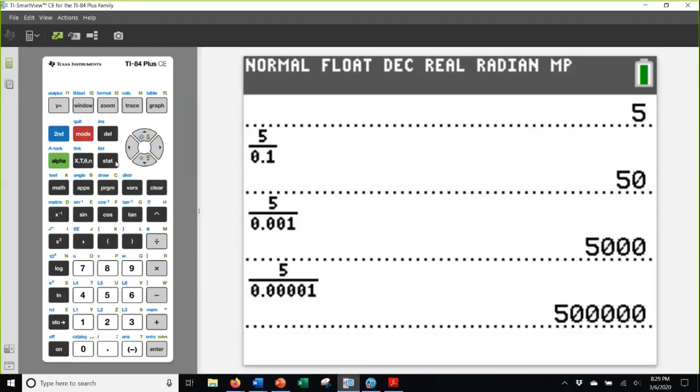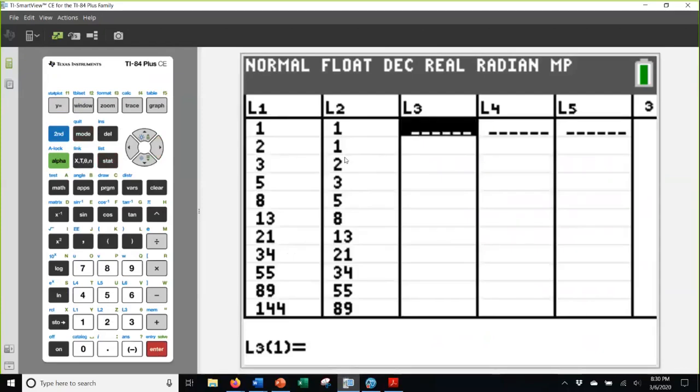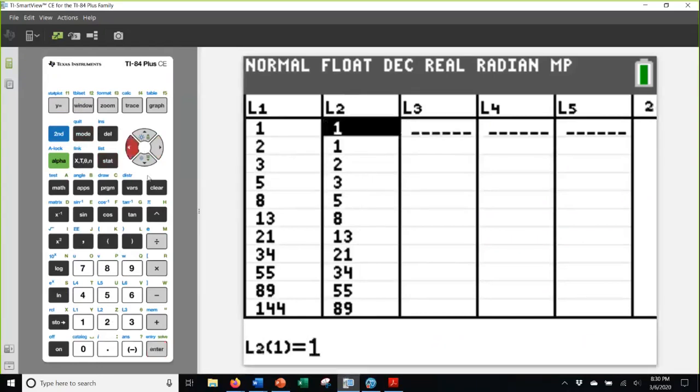The Fibonacci sequence starts with 1, and then another 1, and then 2, 3, 5. You get each term by adding together the 2 previous terms. So this list 2 has the full Fibonacci sequence. Start with 1, and 1 adds up to 2. Add 2 and 1 adds up to 3. Add 2 and 3 and adds up to 5, and it carries on.